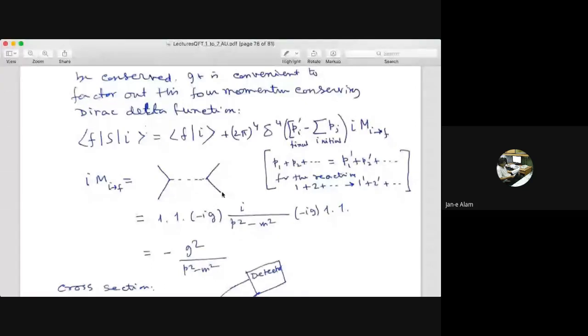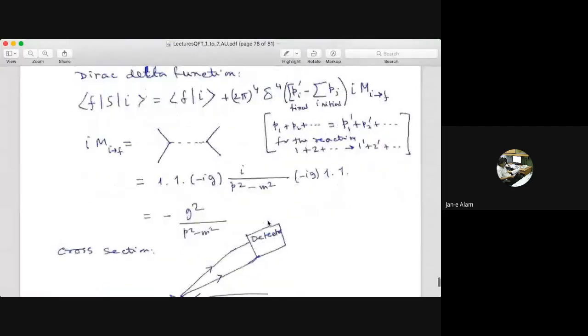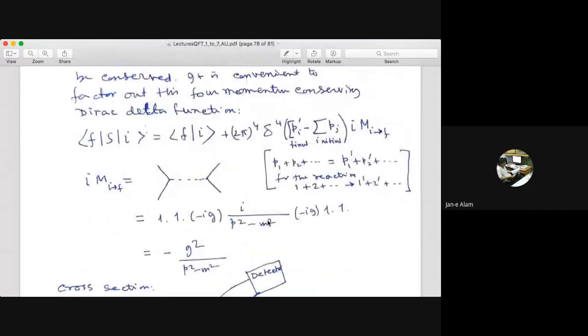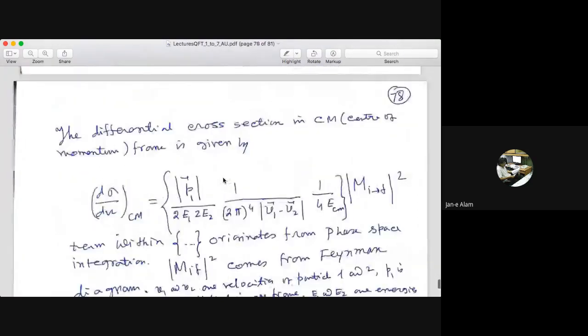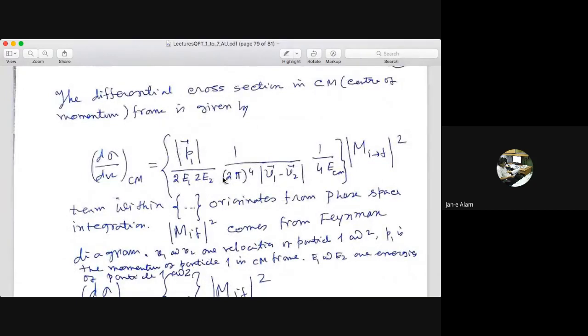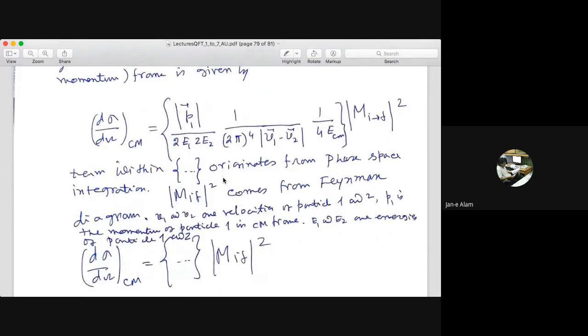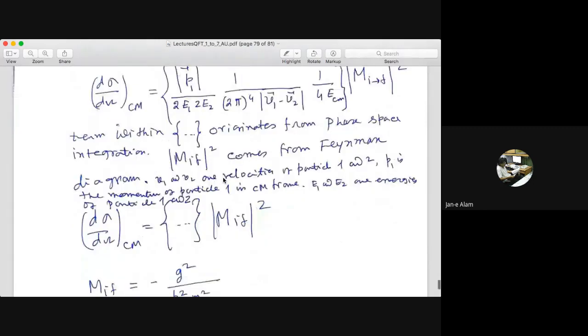So you know this value, and we have spent so much time to show you why this is 1 and why this propagator is i by p square minus m square, and also today I showed you why this vertex is minus Ig. So everything we know now. Now we have to draw some more Feynman diagrams and get accustomed with it. That is no problem at this moment to learn the drawing. I'll elaborate more tomorrow onwards on this.